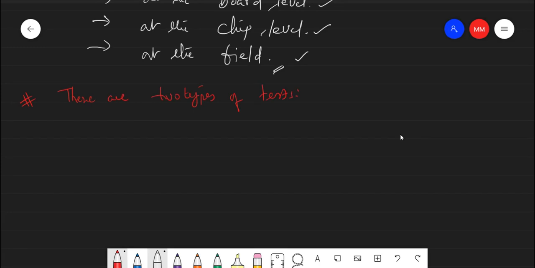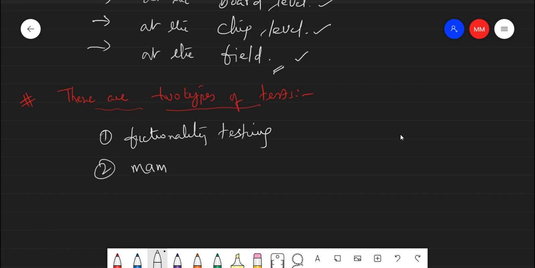The first one is the functionality test, and the second one is